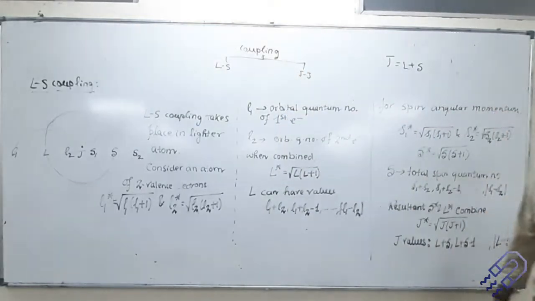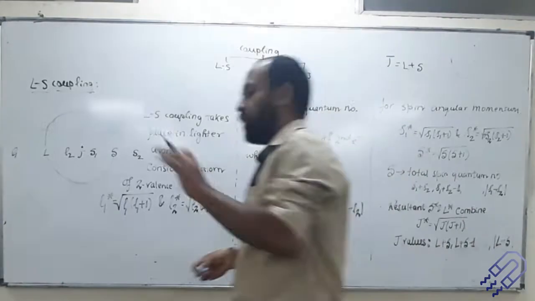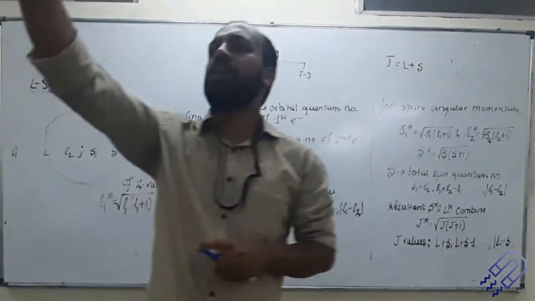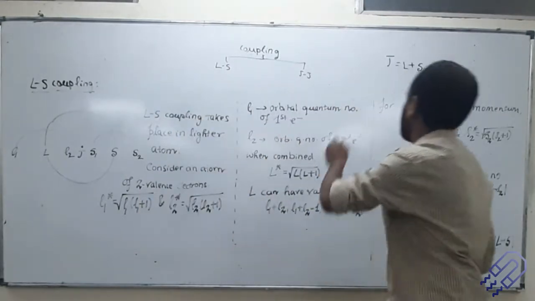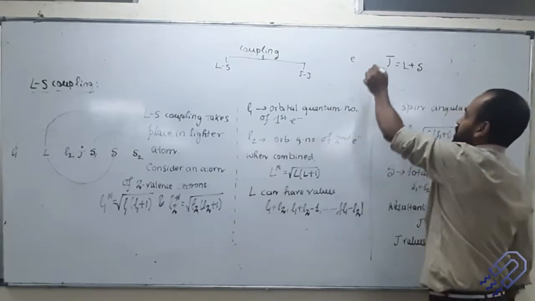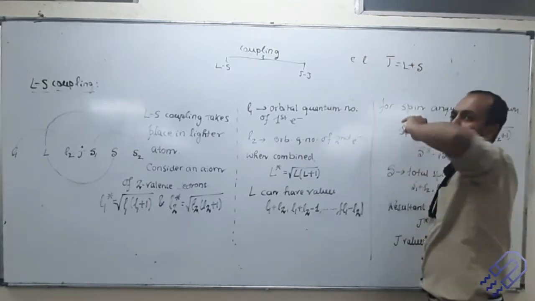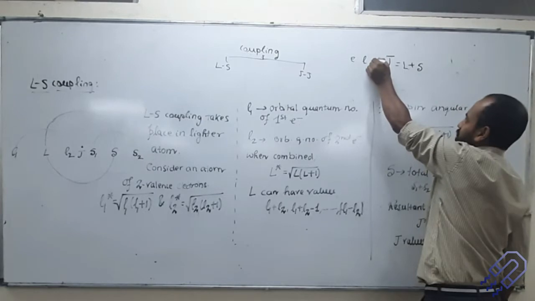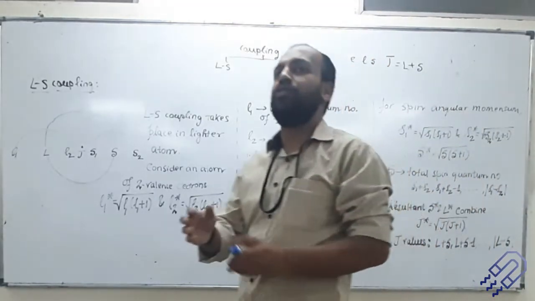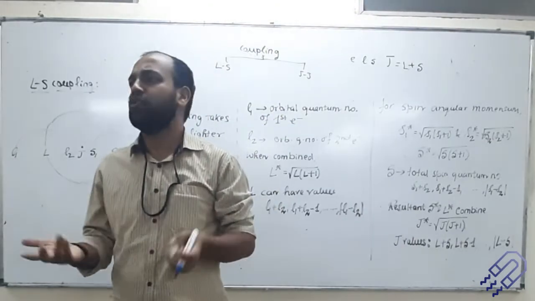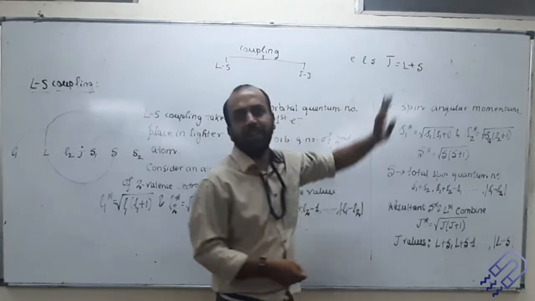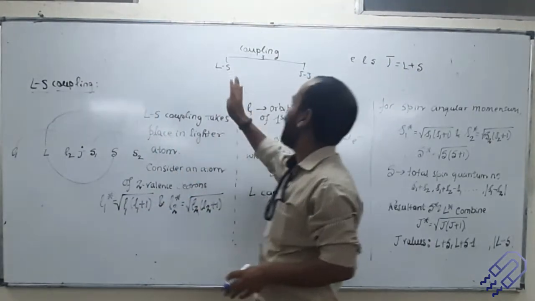One is LS coupling and one is JJ coupling. ठीक है? अभी reality, whatever example we have taken till date, we have considered just one electron. मेरे पास एक इलेक्ट्रॉन है, उसका ऑर्बिटल मोशन की वजह से जो क्वांटम नंबर है वो है L, और स्पिन की वजह से जो क्वांटम नंबर है वो है S, right? But in reality, you can have an atom which will have 10 electrons, 20 electrons, right? Now what is going to happen to this L and S? This is what we are going to see in this idea of coupling.